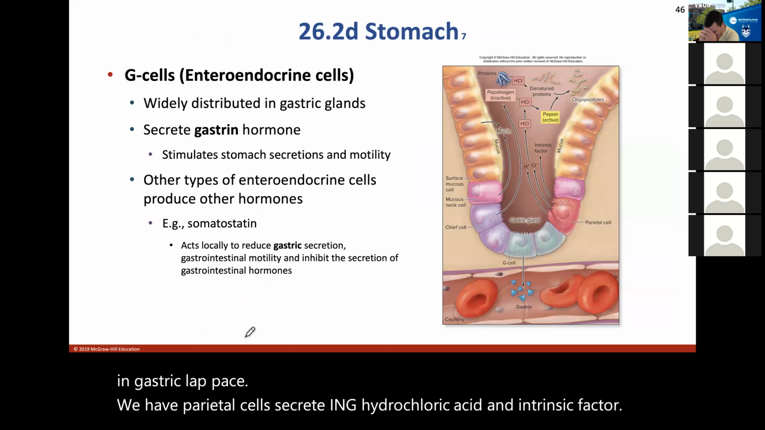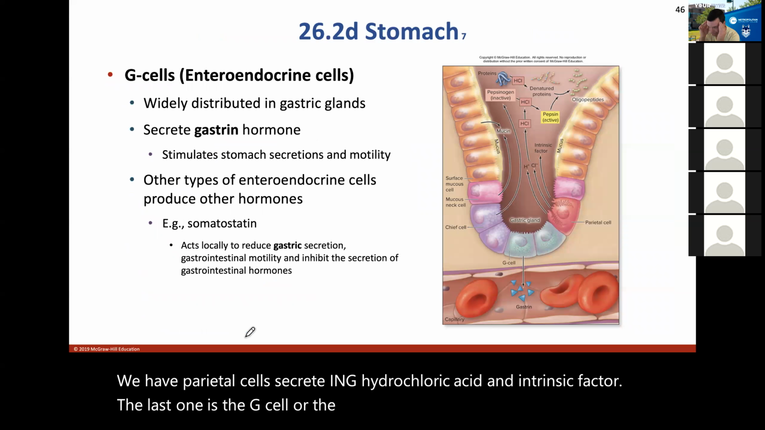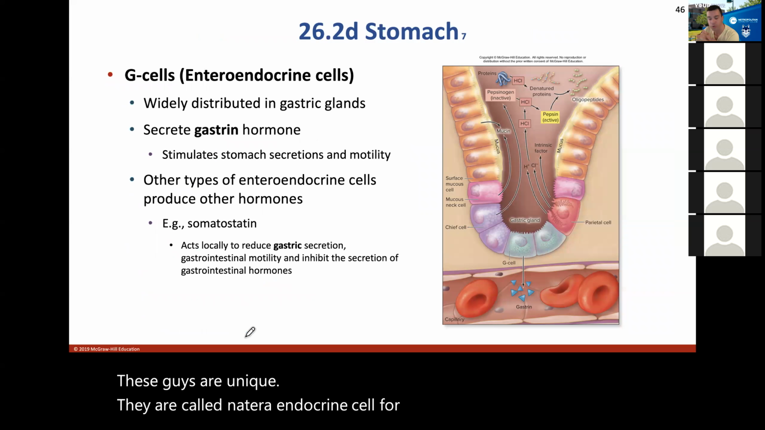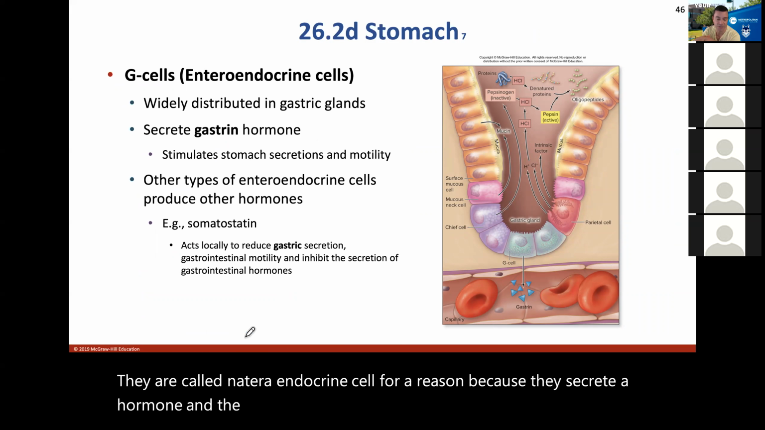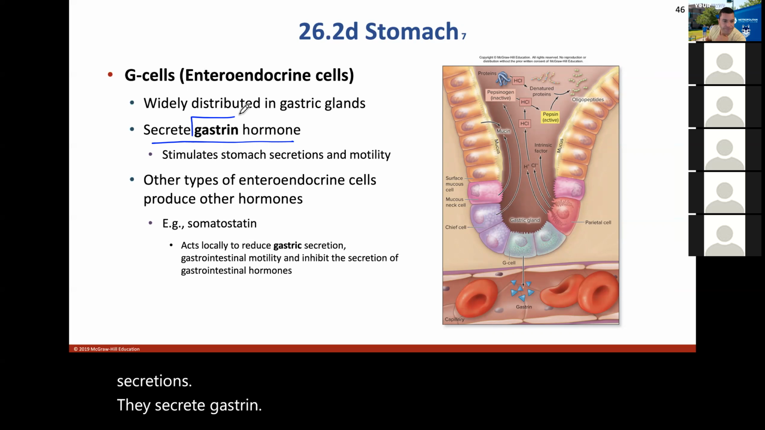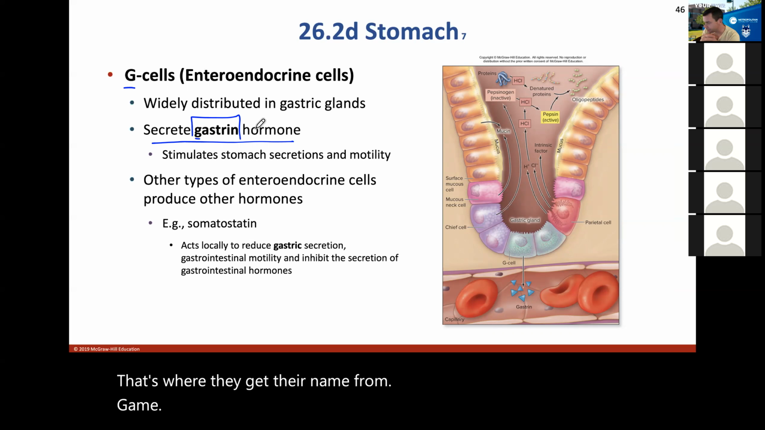The last one is the G cell, or the enteroendocrine cell. These guys are unique. They are called an enteroendocrine cell for a reason, because they secrete a hormone, and the endocrine system is associated with hormonal secretions. They secrete gastrin. G, that's where they get their name from. Okay. Gastrin